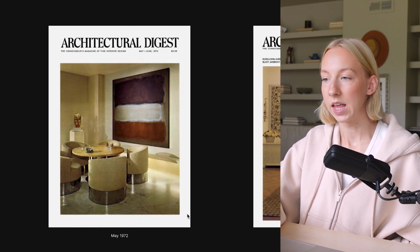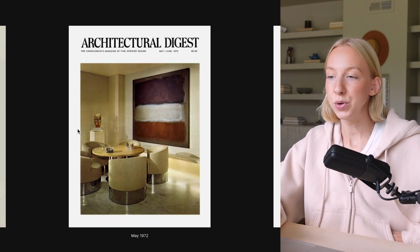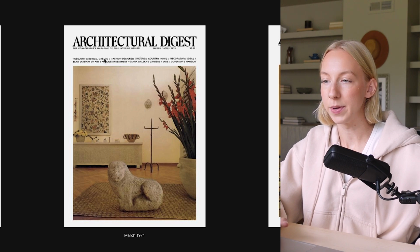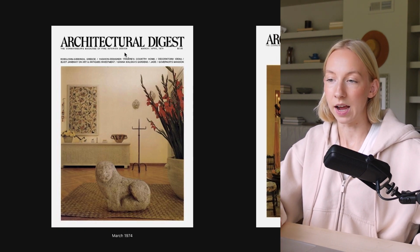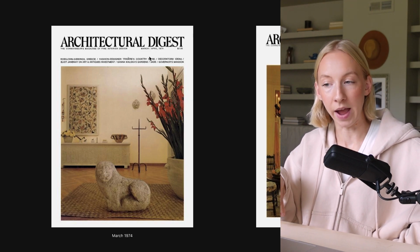I really like these designs or this layout. It's simple, of course, but I do really like it. Here in 74, we're doing something a little bit different. So we've got that same masthead and the same tagline, but now for the first time, we're calling out some of the content in the magazine